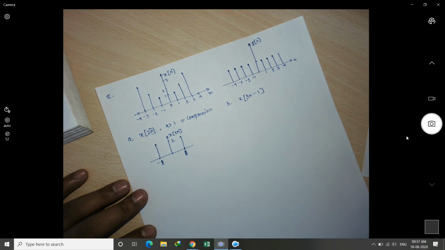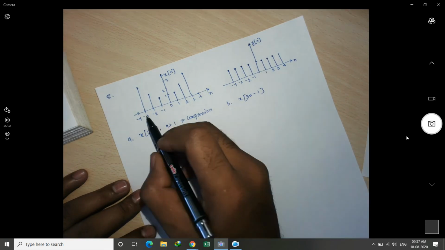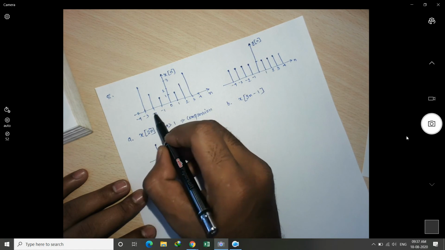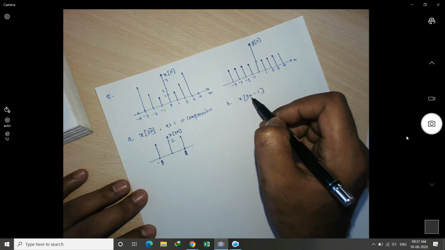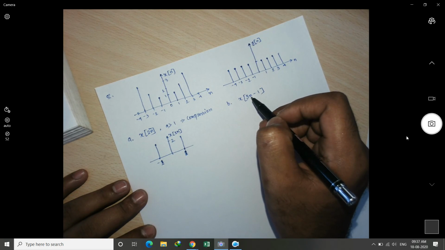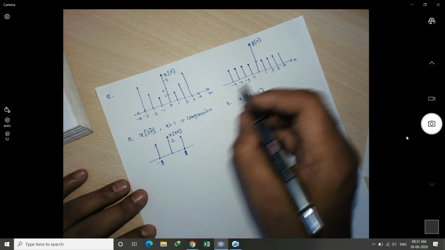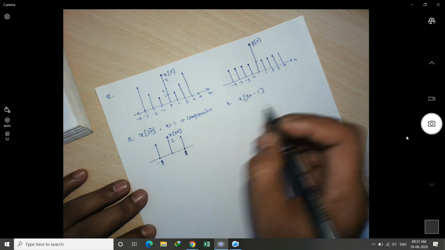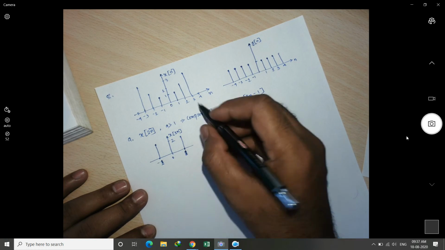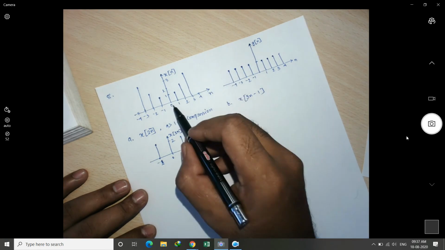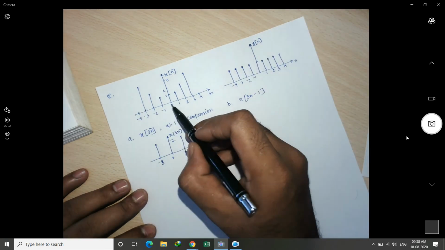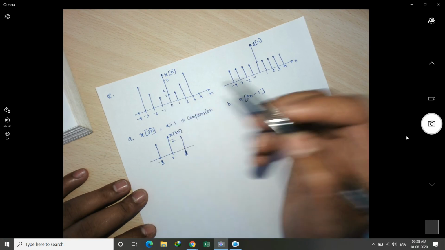After that we need to do the compression, right? If it is going to 2, we can't take that simply, because if we divide by 3, obviously that will not result in an integer value, right? So where should we start? Sir, we can take 0. Right, obviously we will take 0. So the 0 location will have the sample amplitude of which one? When it is time shifted, this 0 location will have this sample over there, right?